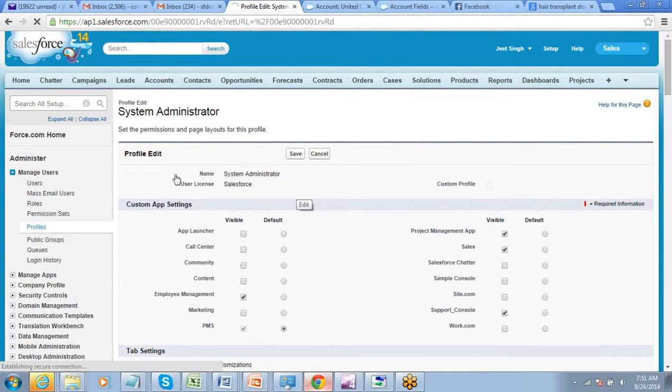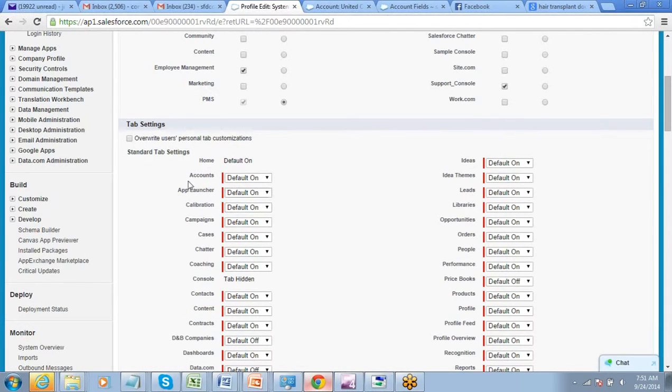So see, here we have all the permissions of this profile. What apps, custom app settings, what apps this profile can see, what tabs this profile can see, right? Sales app, if you do not want to allow, you just make it not visible. Got this thing? Tabs, all the tabs are listed here.